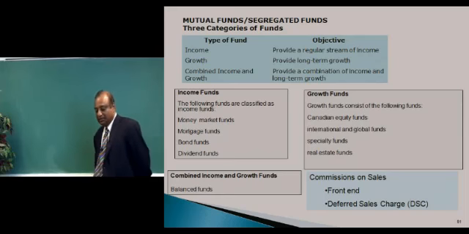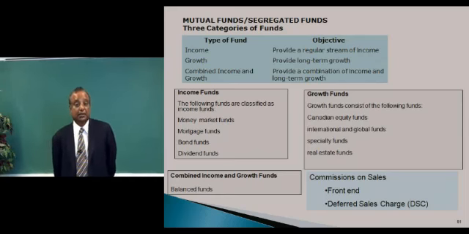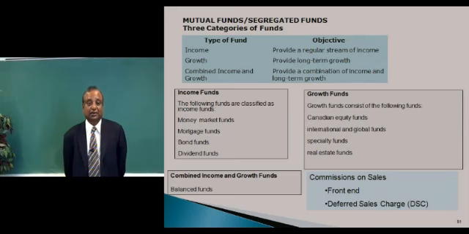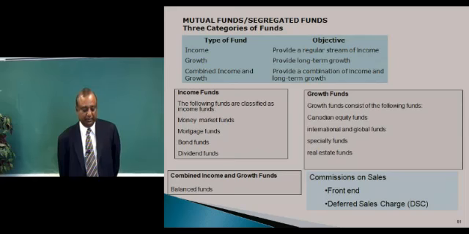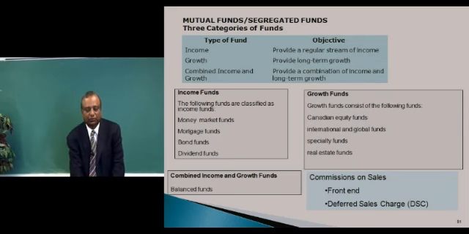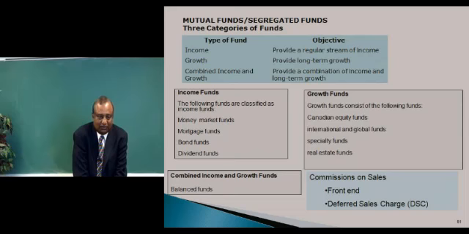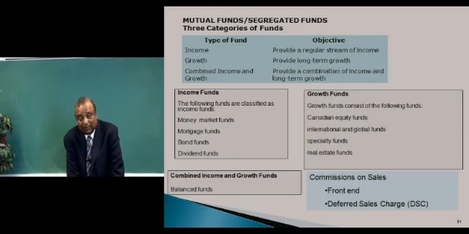They do charge commissions on sales, which can be usually an option in most funds. It can be a front-end charge or a deferred sales charge. Let us say the person wants to invest $10,000 and he's chosen the front-end option, and let's say the front-end commission is 4%. They would deduct $400 as commission and invest $9,600 net on his behalf. Now, when he cashes out, whatever is the rate on that day, he will be given the entire money. There will be no further deductions because he's paid the commission upfront.